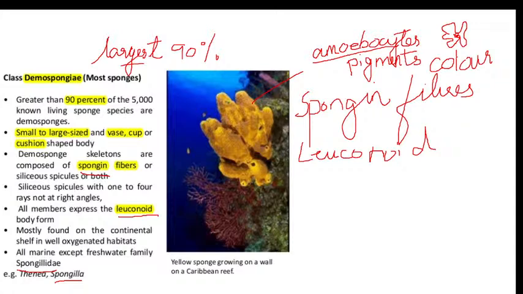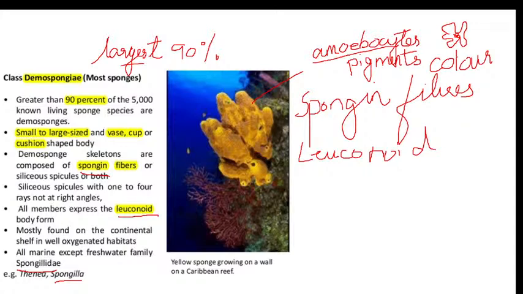Second one is class Hexactinellida, commonly called the glass sponges. They are marine and the spicules are made up of silica, or siliceous spicules. Example, Euplectella. Third class is Desmospongiae. The spicules are made up of spongin fibers, which are proteinaceous, or they will be having